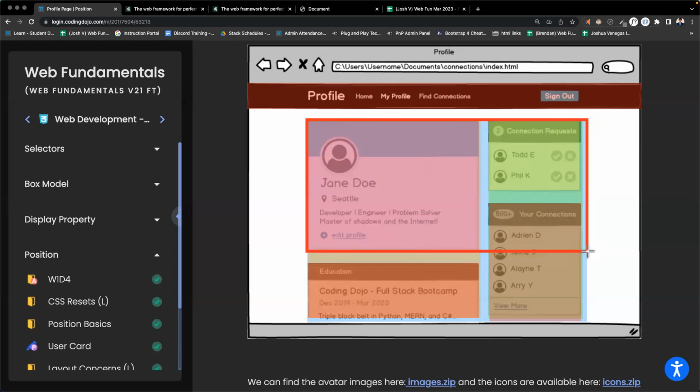left one here, profile card were to go across like that, this your connections is butting in. There's no way you can actually get it inside, because you can't use the position in this. Well, if you created a row that would be the height of this profile card and the connection request,